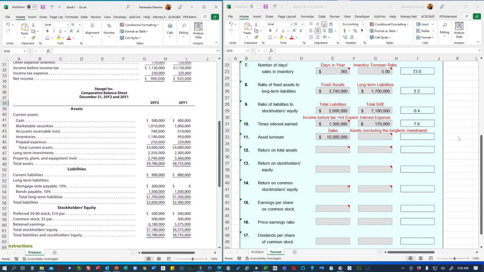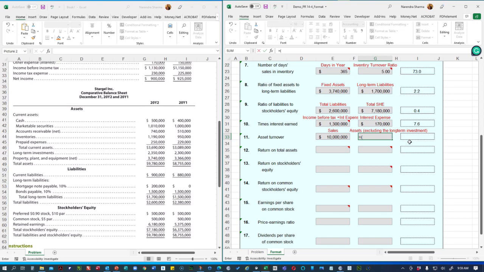Okay, so I will just take your average total assets except your long-term investment. So I'm going to total assets. Here you can see total assets are 9,780,000. So that will be, of course, I'll have to do 9,780,000 minus, I'm going to exclude the long-term investment of 2,350,000,